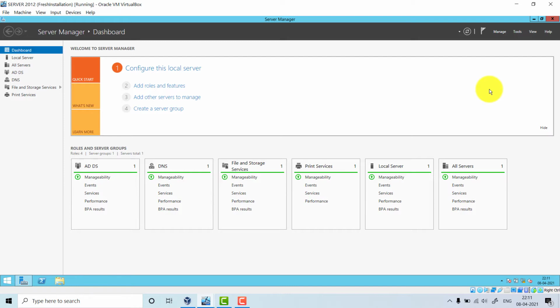Usually you will not find much about WINS these days. The reason is that WINS is not that much used now. It is replaced by DNS, the Domain Name System. Let us see the fundamental concept behind WINS. As you know, the Domain Name System is used to resolve a domain name to an IP address. In the same manner, Windows Internet Naming Service is used to resolve the NetBIOS name of your device.